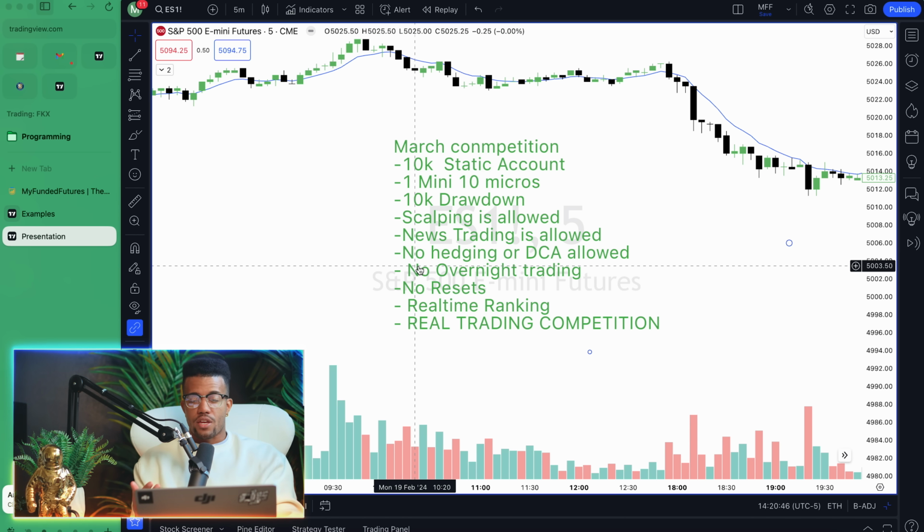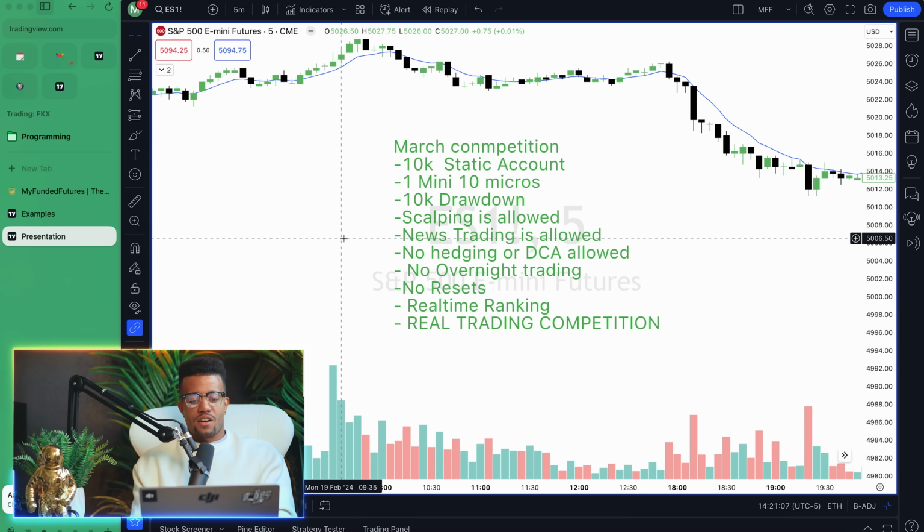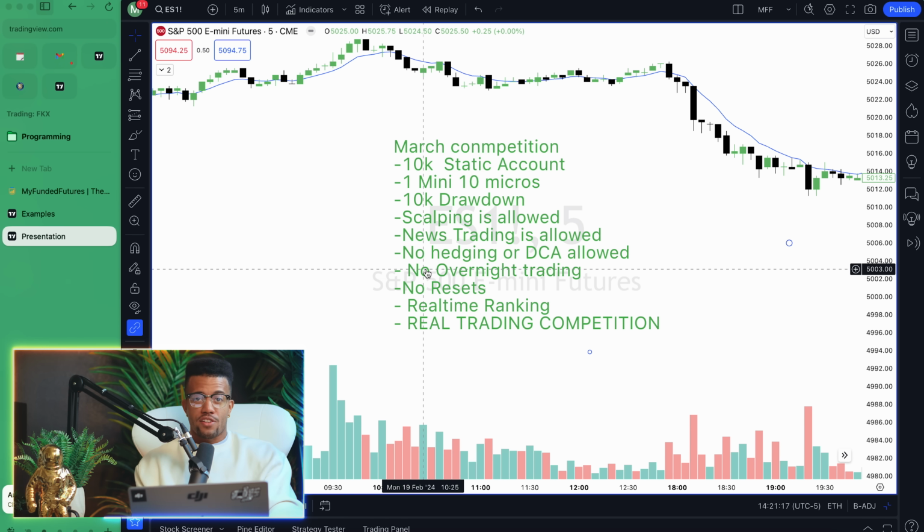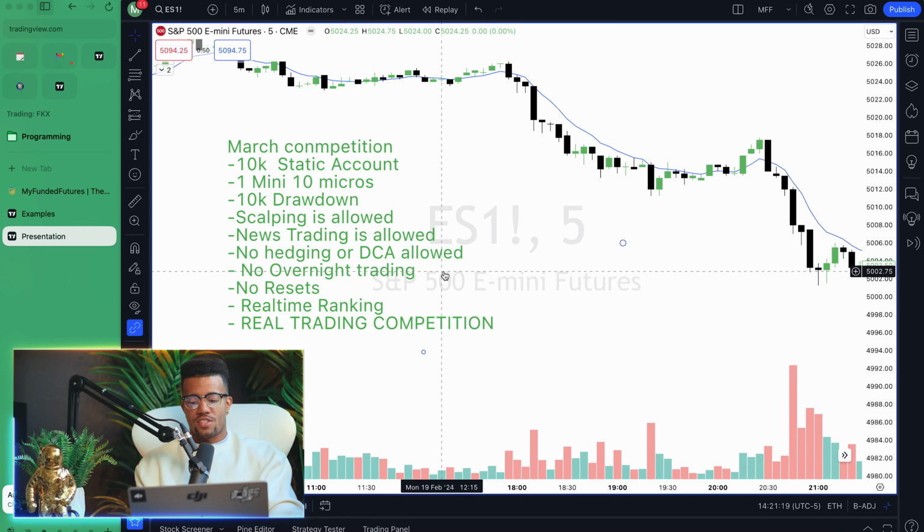It's real-time ranking. It's just everybody as they trade. You can see how their accounts are doing. And at the end of March, whoever did the best did the best. So it's a really cool way to kind of test your mettle in a new way. I don't know that I'll win, but I'm going to do the competition as well. Yeah, why not? Let's see. I would love to see how I rank overall with my trading style, my risk management style. And ultimately, it's just a good way to participate in the markets, guys. So I highly encourage all of you to sign up, and I hope to see you there.